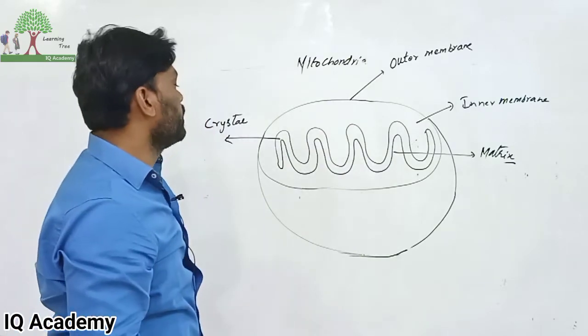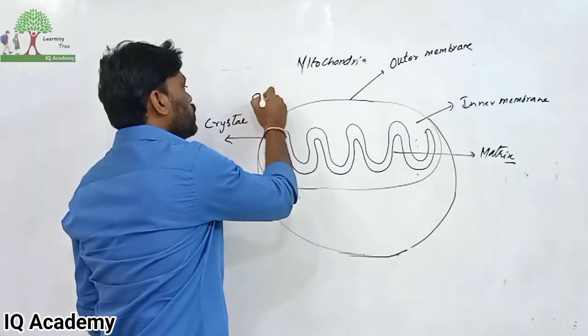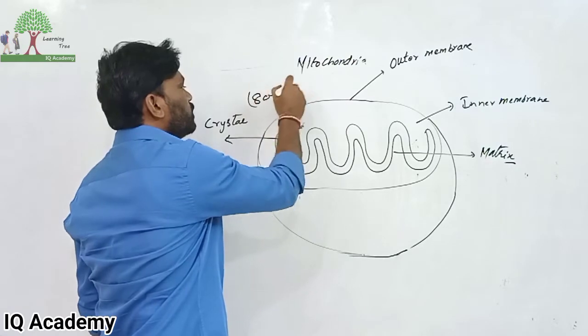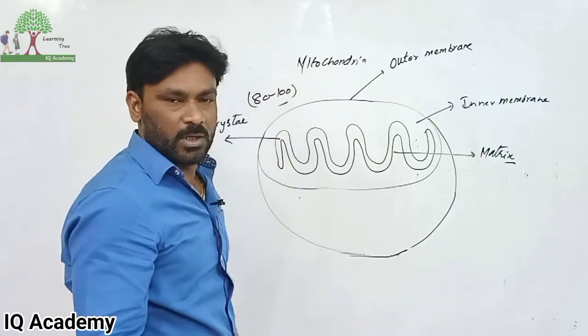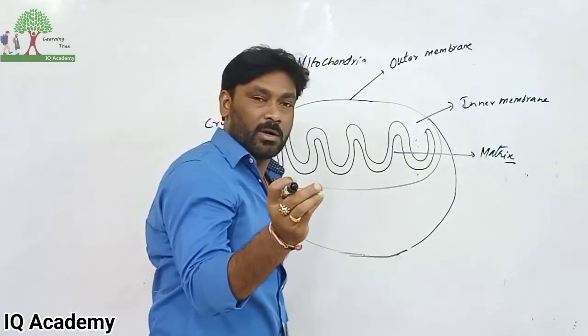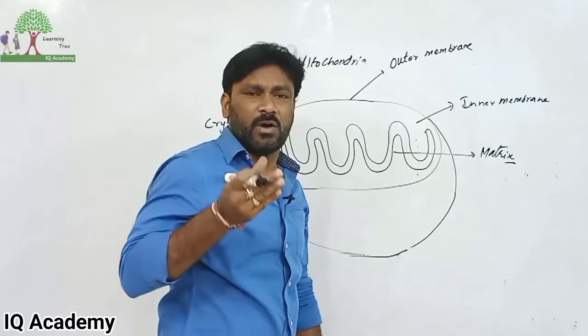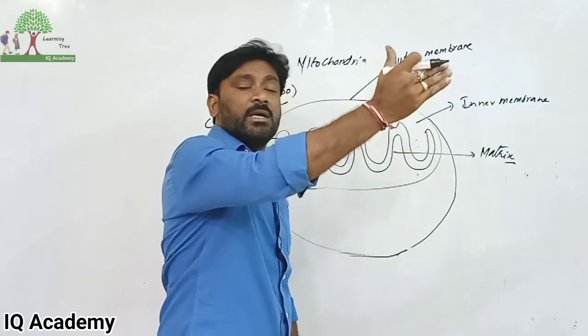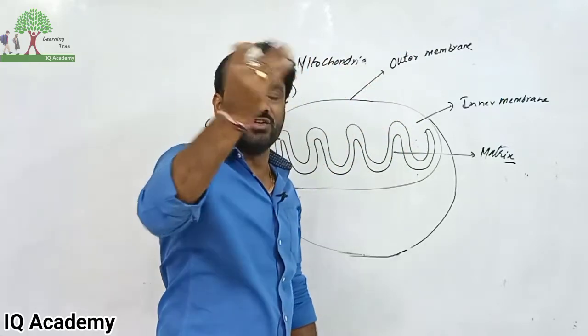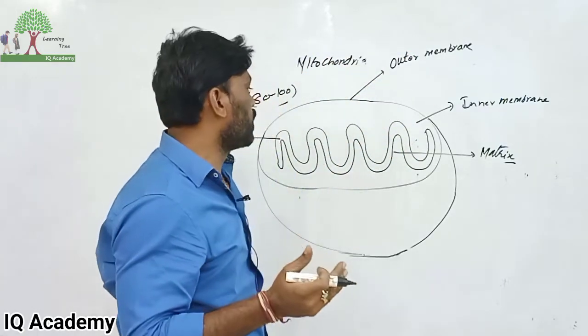Now, if you listen, around 80 to 100 mitochondria are present in each cell. They will store the energy in the form of ATP and provide the energy to each and every cell. And this mitochondria,